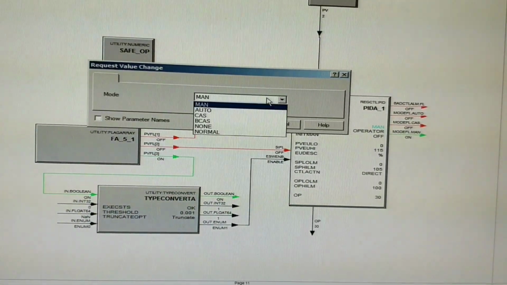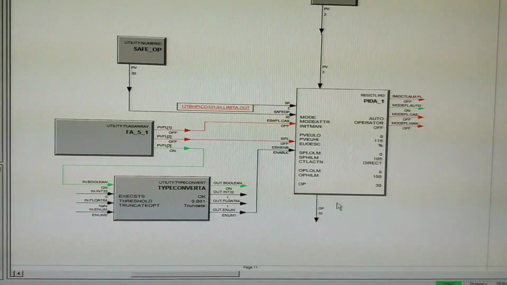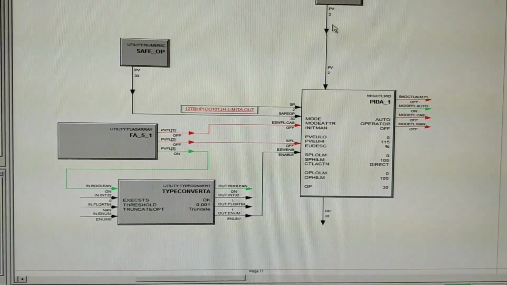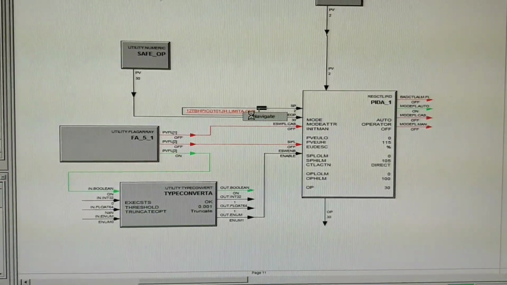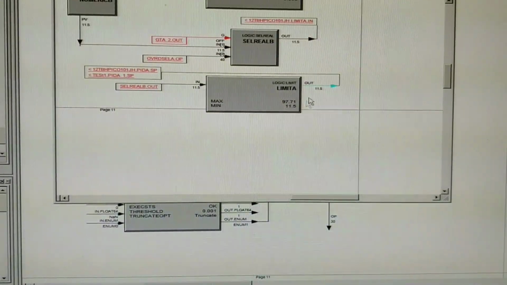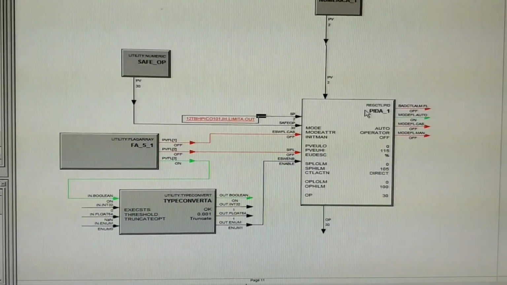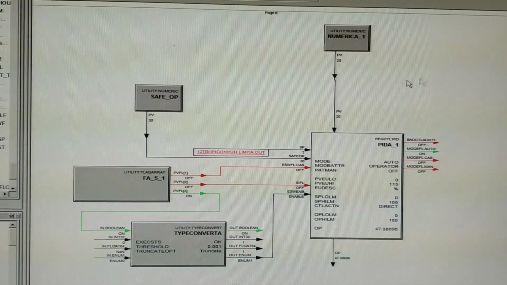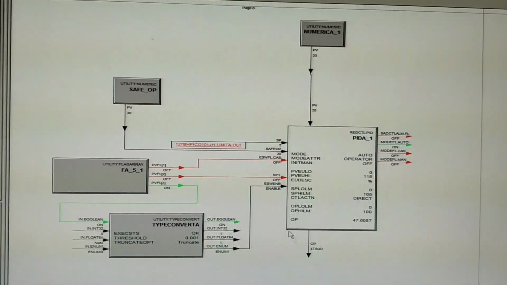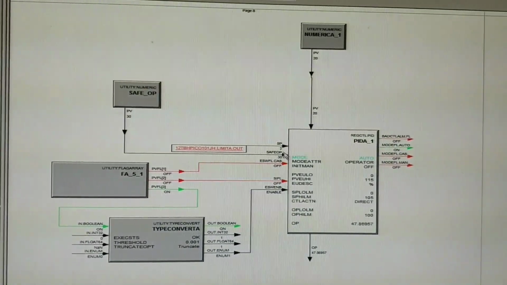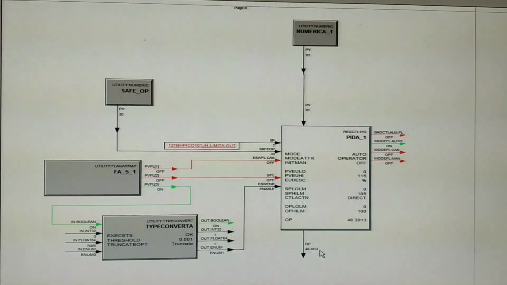Let's say this controller is in auto mode and process value is 2 and set point is 2. Now we have changed the particular process value to 20 and controller is in auto mode, so accordingly controller output is increasing.